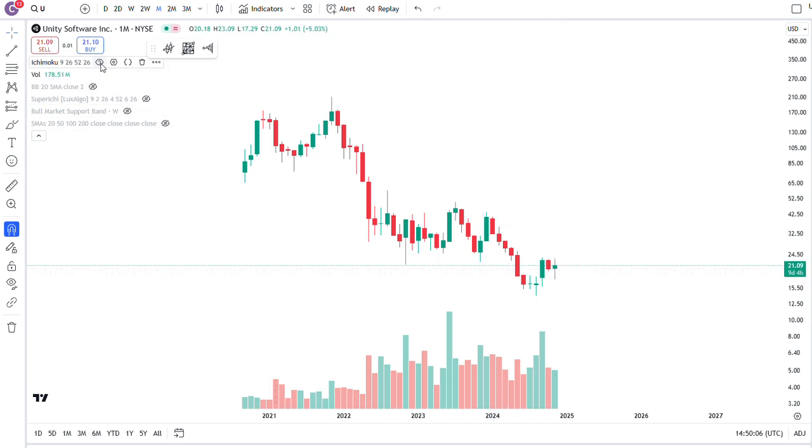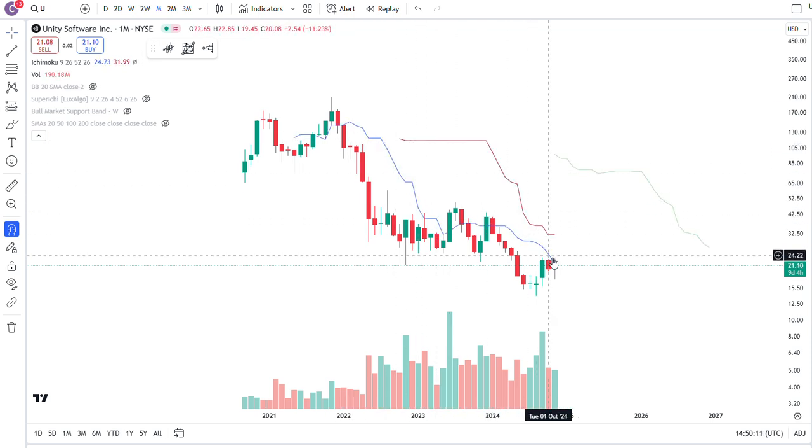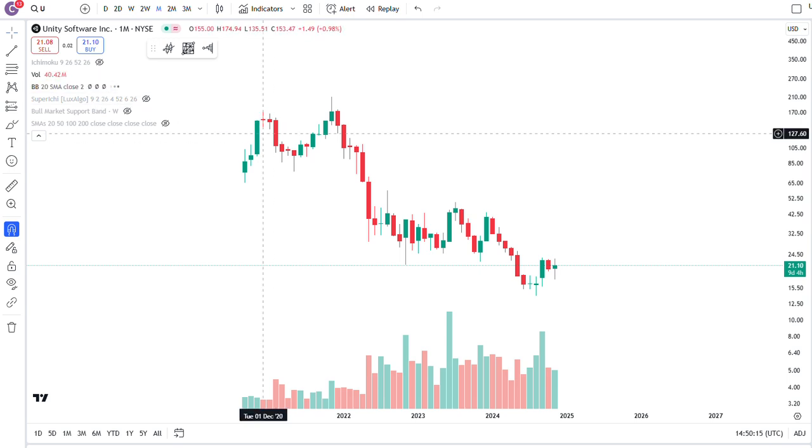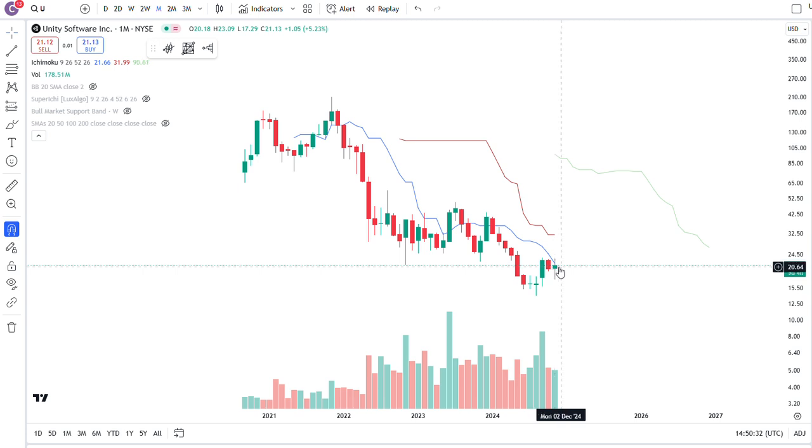I'm still very, very skeptical in terms of what Unity can do. On the higher time frame, you can see it's getting rejected by a very negative sloping Tenkan. On the higher time frame, you can see that even the Bollinger Band is still way above over here, and it's still a little bit negative sloping. So I can see even if Unity pushed up a lot higher to the mid 20s, it's probably going to get rejected here. And right now you're still battling these really high time frame resistances.